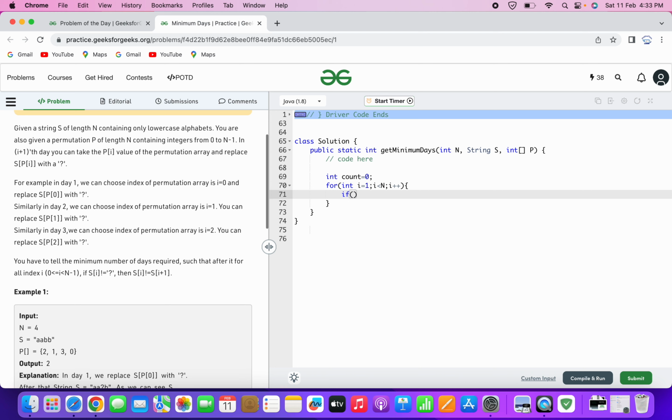Now here we need to check how many instances there are where s dot charAt of i is equal to s dot charAt of i minus 1. So we are starting with 1, so we just look at the previous character, and we increment the counter for this. So this will give how many occurrences there are where two consecutive positions have the same value. Once this is done, then what we can do,